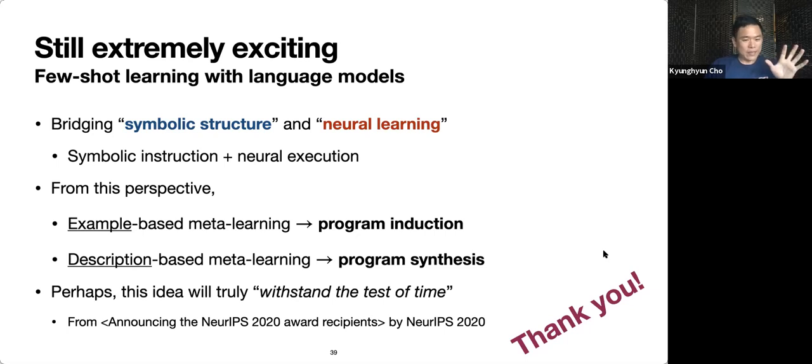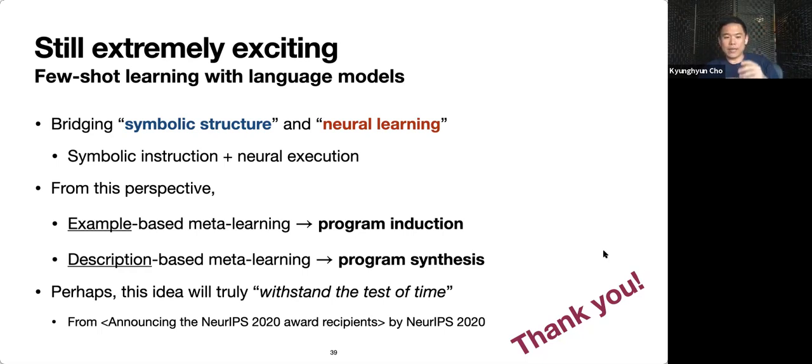First, example-based meta-learning. If we have a bunch of different tasks and are able to induce the symbolic instruction out of them that is going to be used by this language model-based neural execution engine, you can view this as program induction. So what have we learned from program induction?